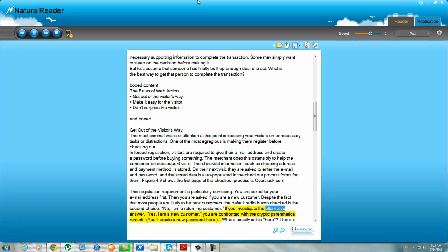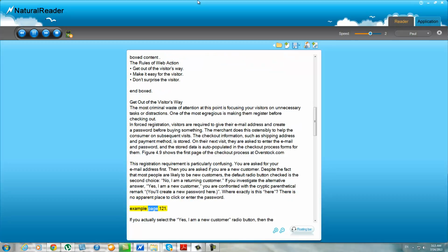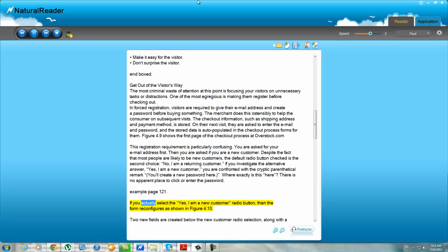If you investigate the alternative answer, "Yes, I am a new customer," you are confronted with the cryptic parenthetical remark: "you'll create a new password here." Where exactly is this here? There is no apparent place to click or enter the password. Example page 121. If you actually select the Yes, I am a new customer radio button, then the form reconfigures,